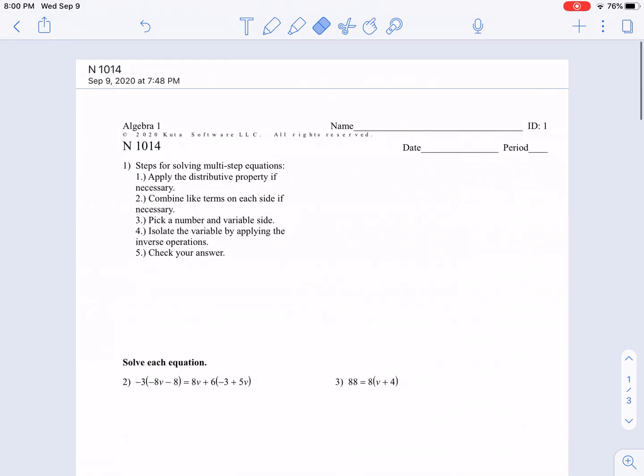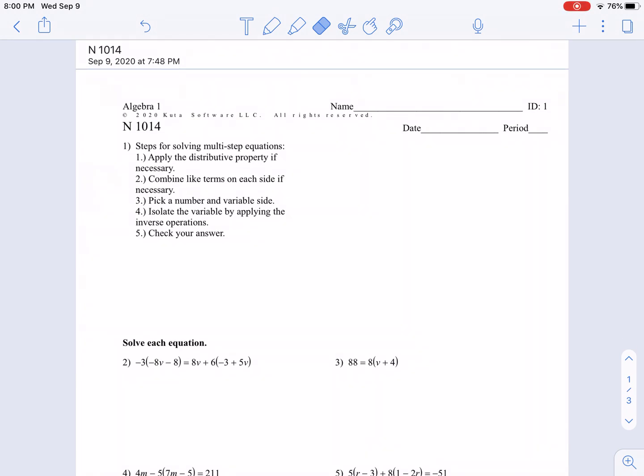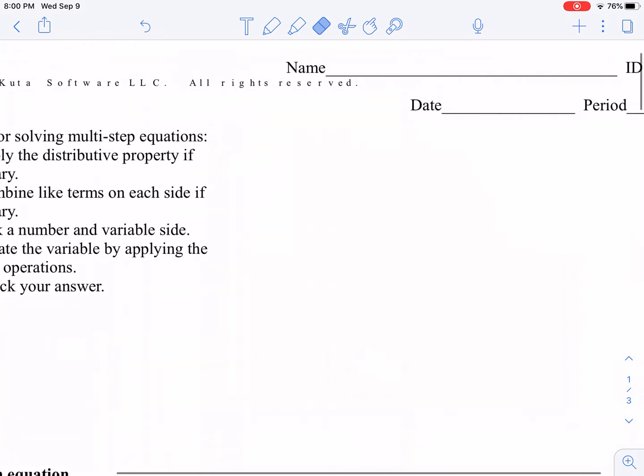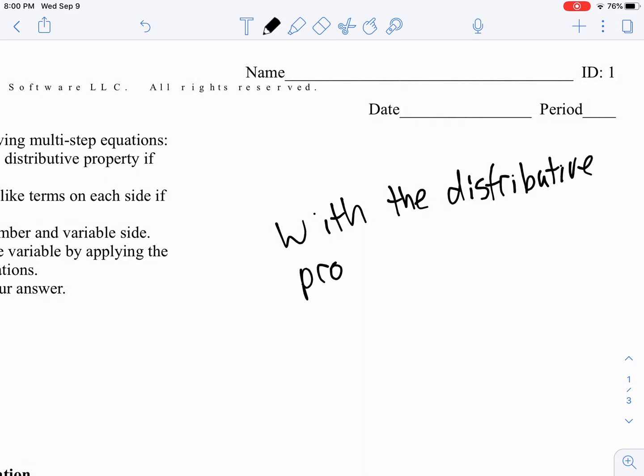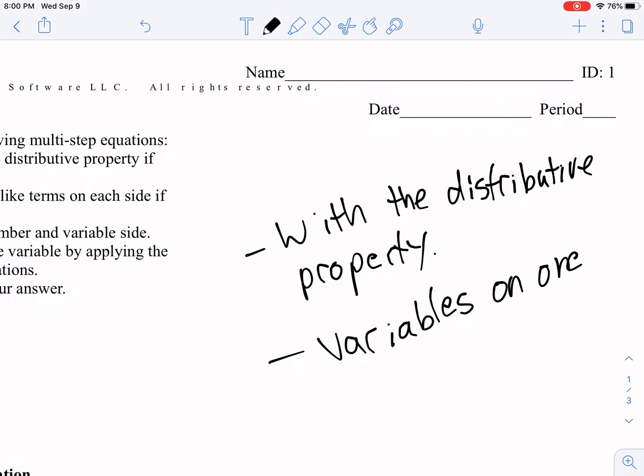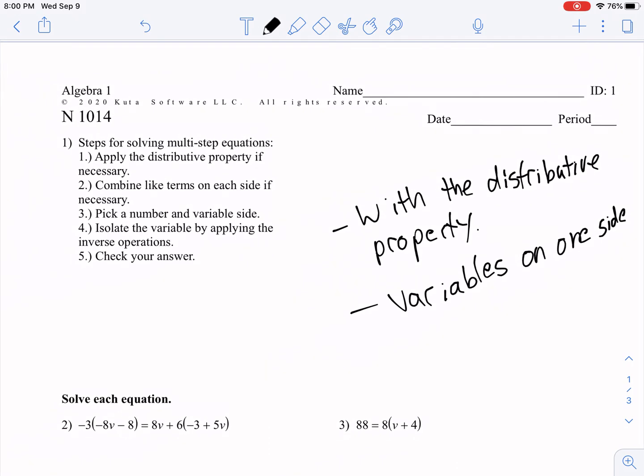All right, so in this next video, we're continuing with talking about solving multi-step equations. However, in this next part, we're going to amp up the intensity, and we're going to be applying the distributive property now. So we're looking at those with the distributive property, but we're still limiting it to one side. So we'll have variables on one side. Okay, so we're applying the distributive property, but variables are going to be on one side, but we're still following